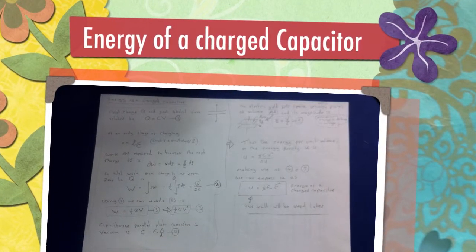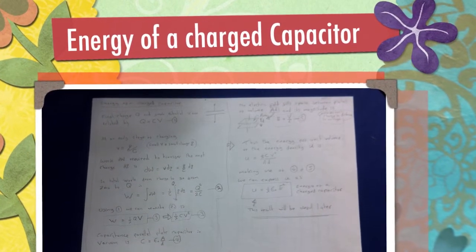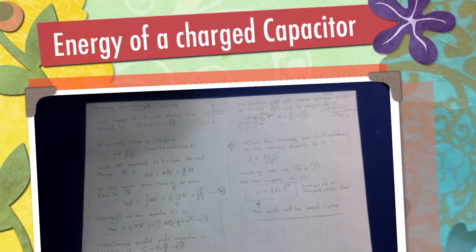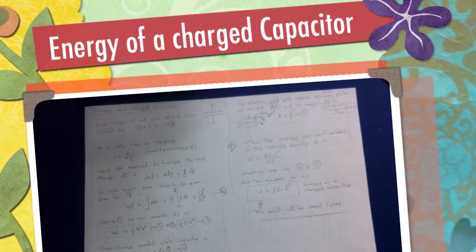We need to quickly go through calculating the energy of a charged capacitor and the energy in an inductor. We're just going to review those now before we discuss energy in electromagnetic waves. So looking at the capacitor first, to calculate the potential energy of a charged capacitor, we calculate the work required